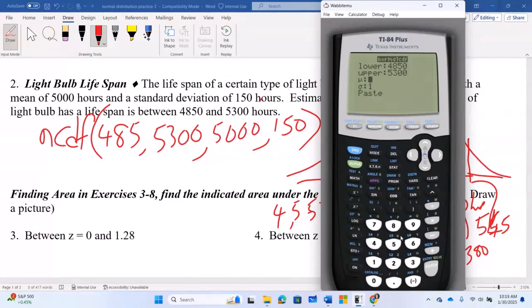This is raw data. The mean is 5,000. So it's always good, if you're given raw data, to check your answer when you finish. The standard deviation is 150. So I want to get the accurate answer here. Therefore, the area between 4,850 and 5,300 is